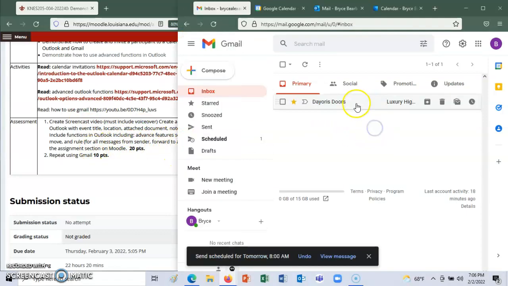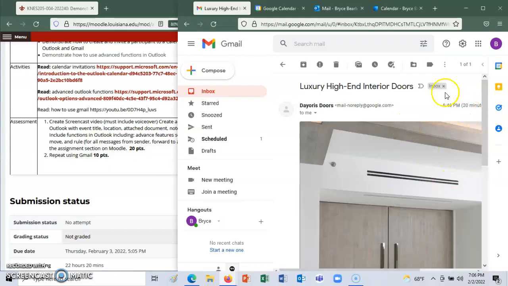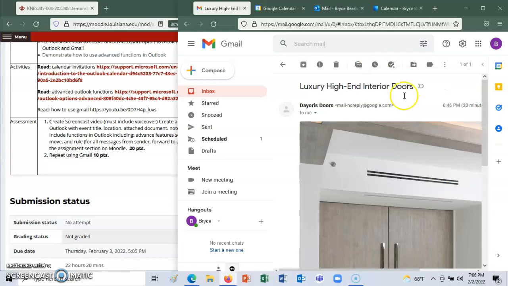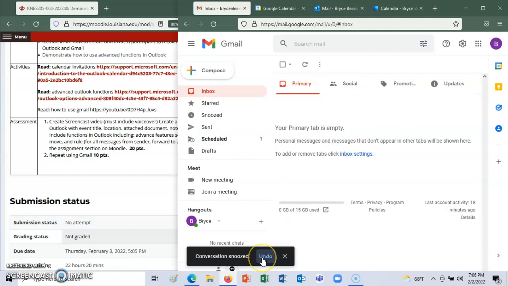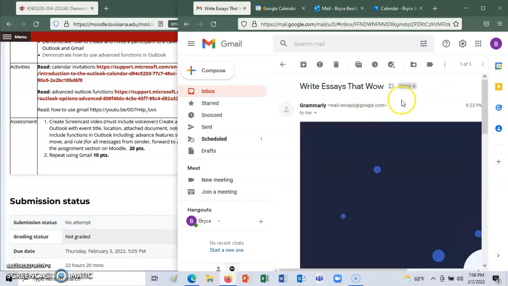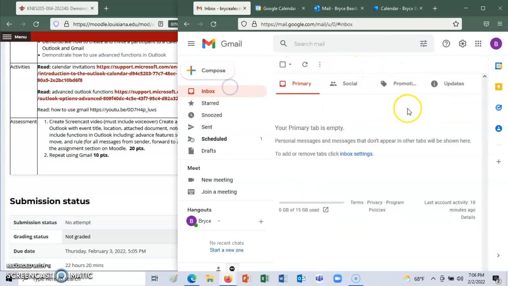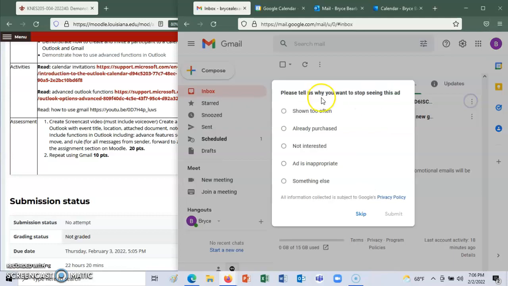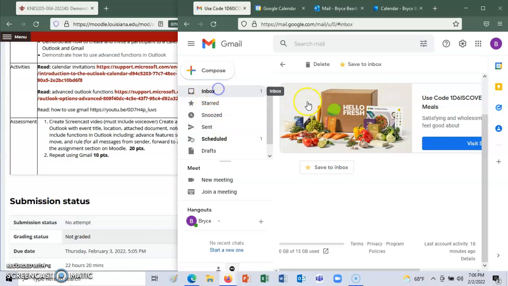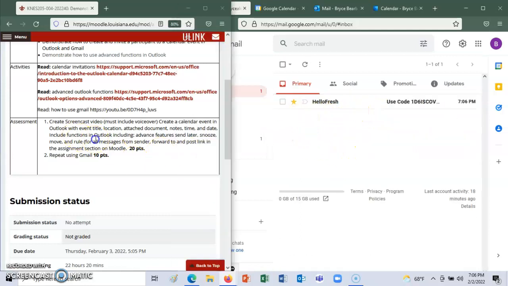And snooze. So go to here. Go to here. Snooze that till tomorrow, 8 a.m. And then so we can go back here. So I have something here. All right, and then we're going to